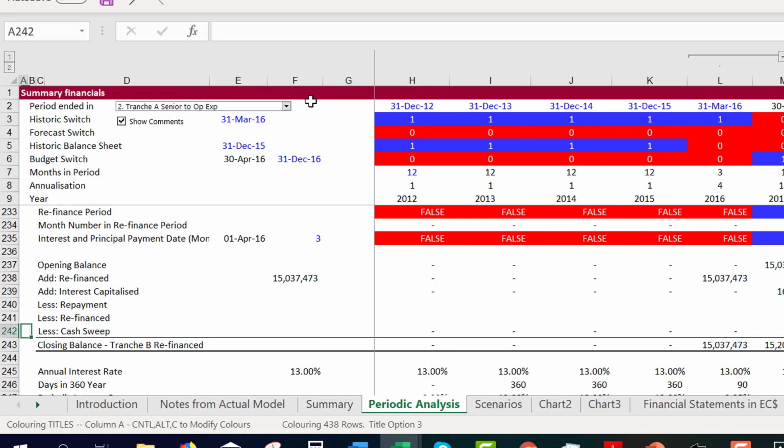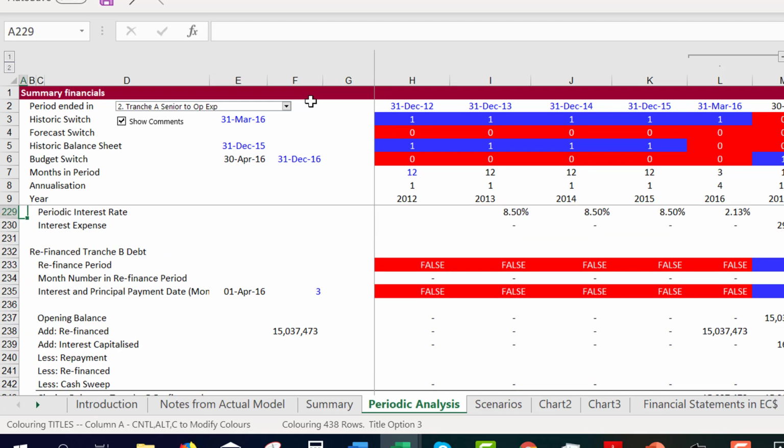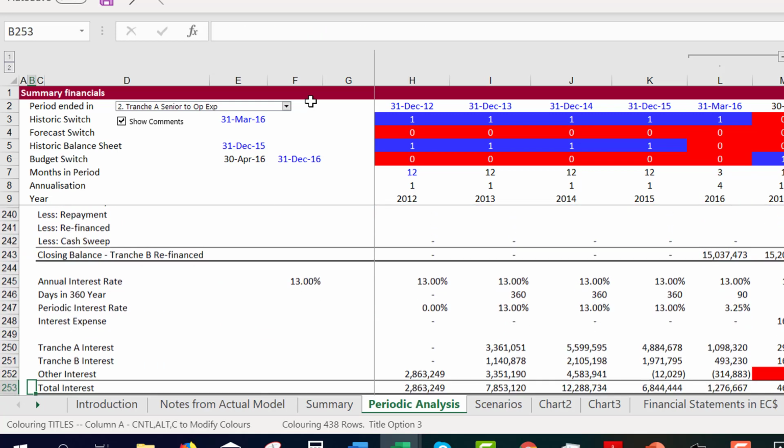In this case, I hope this is the subordinated debt. This is the refinanced tranche B sub debt. Okay, and then we're going to refinance the debt.